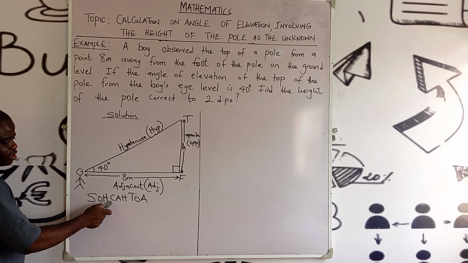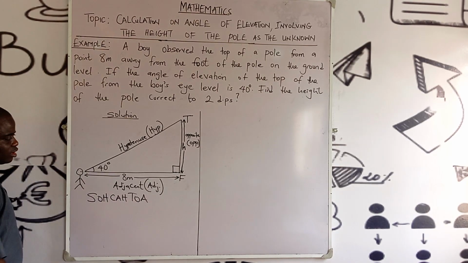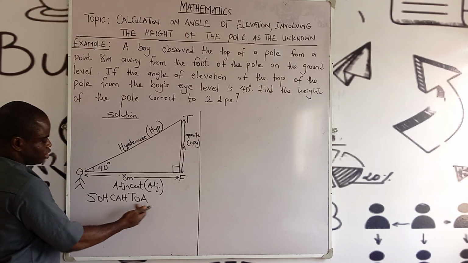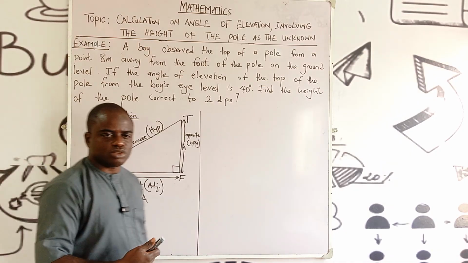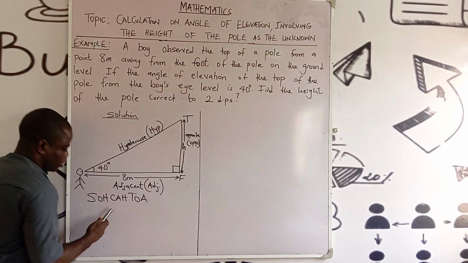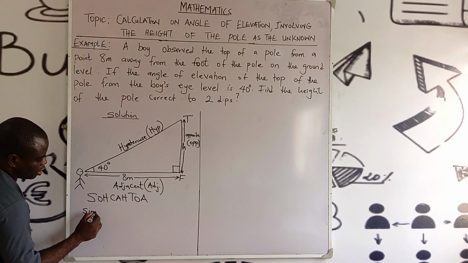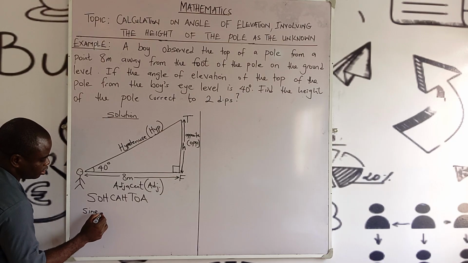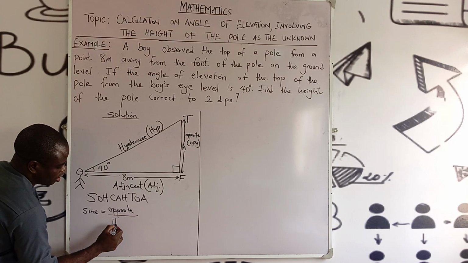Cos theta, that's C for cos theta, equals adjacent over hypotenuse. Tan theta equals opposite over adjacent. The short form as the mnemonics to know in your memory in order to know the three trigonometry functions, which are sine theta equals opposite over hypotenuse,